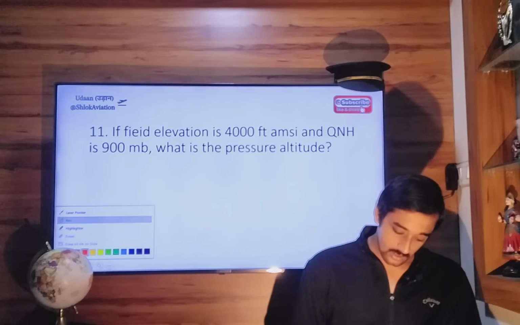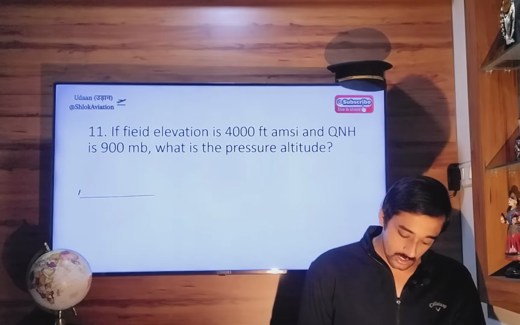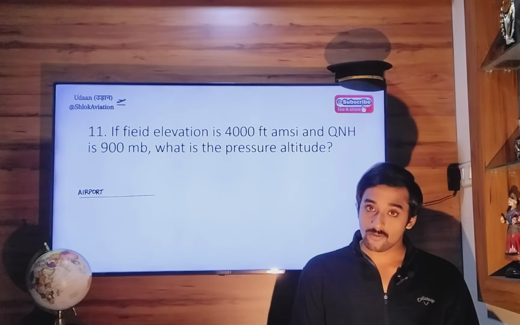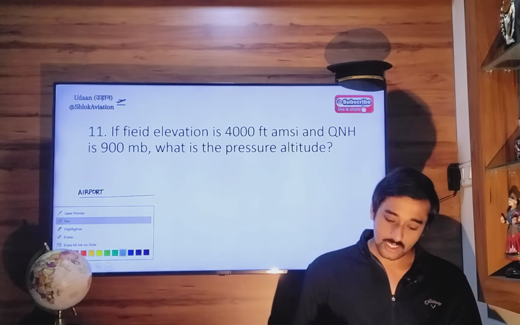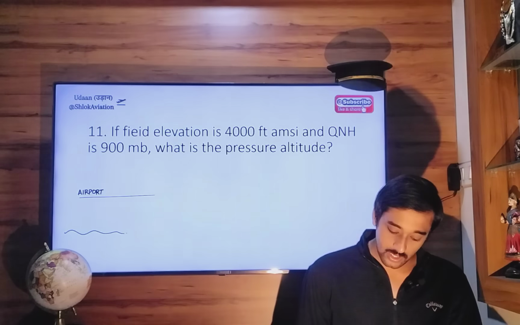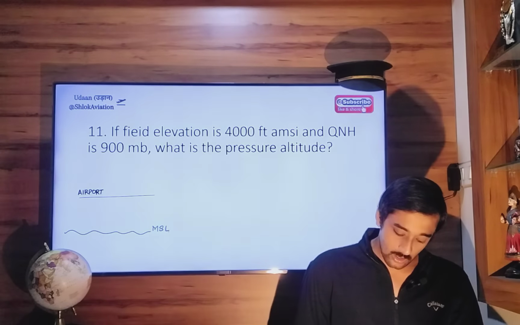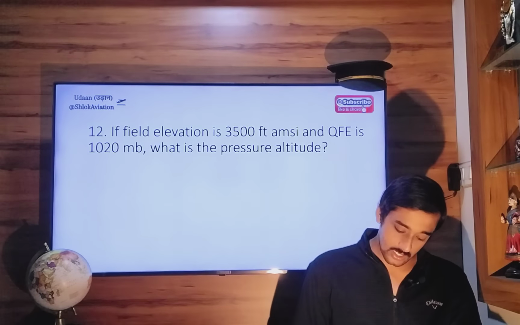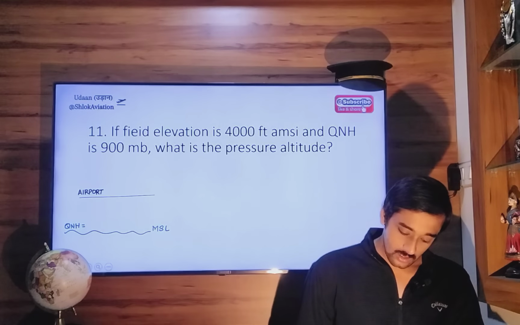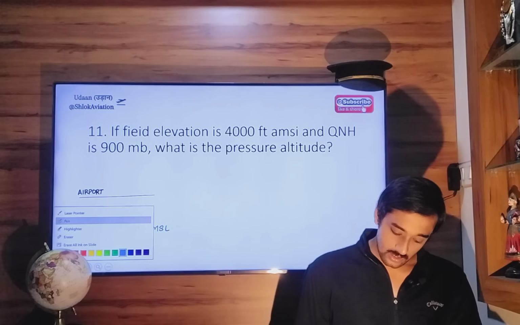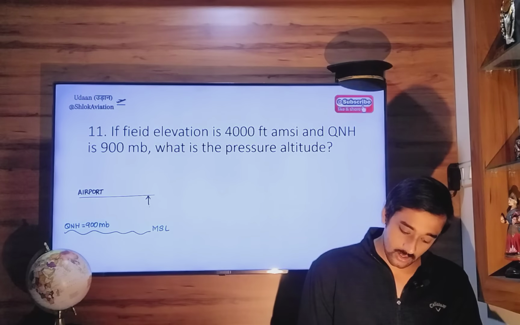Pressure altitude. So this is your airport, and the elevation of this airport is 4,000 feet. The elevation is always measured from QNH, that is mean sea level. So let's draw this mean sea level, where the QNH is equal to 900 millibars, and elevation here is equal to